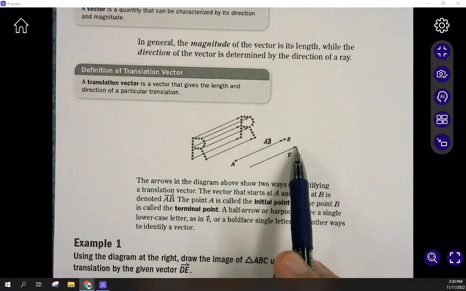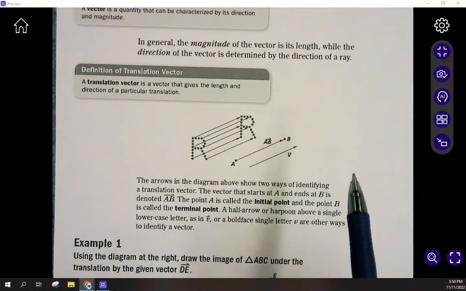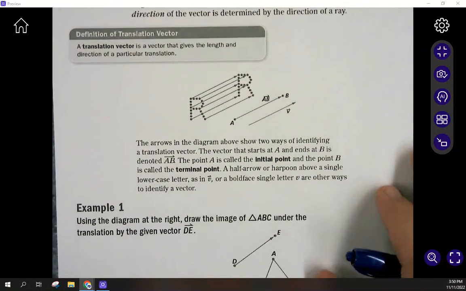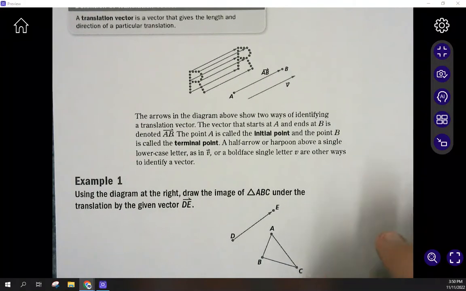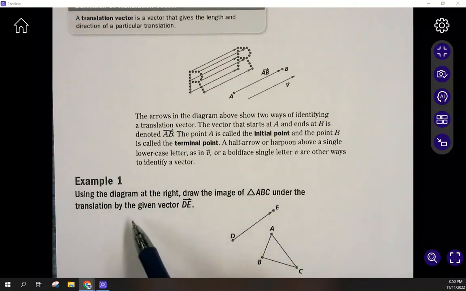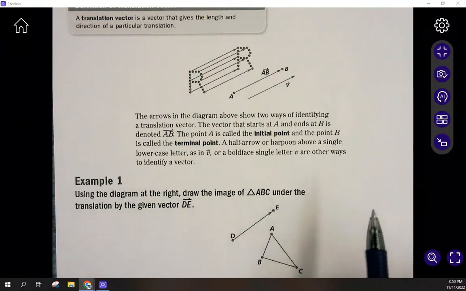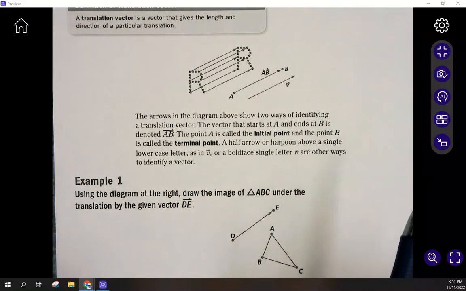Or sometimes it's just the arrow like this, labeled as a vector. All right, so example number 1. We're going to use this diagram to draw the image of triangle ABC under a translation, so a slide, given this vector. So when we do these types of things, we'll use a ruler to try and get